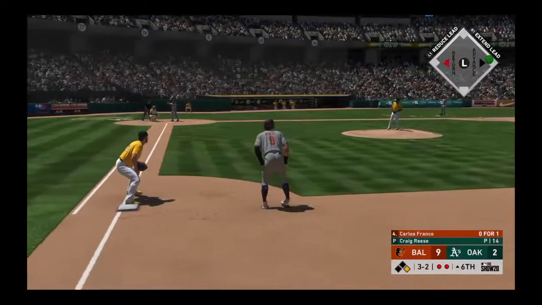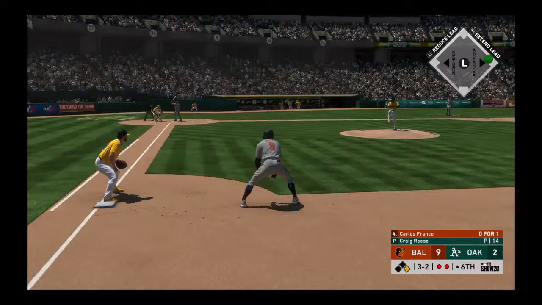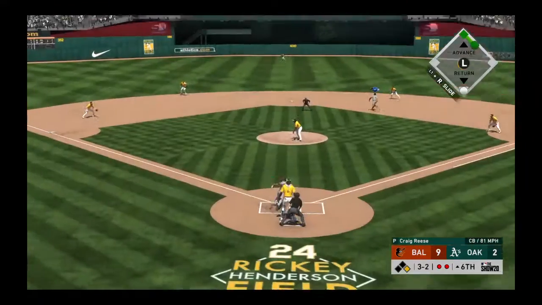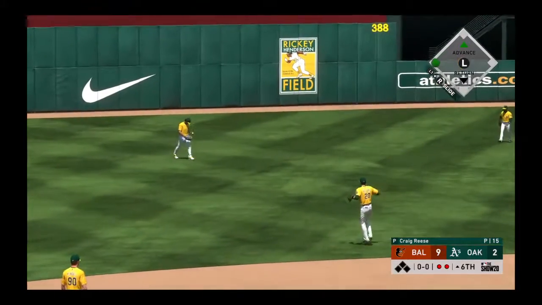Striding forward now is the DH, Carlos Franco. He hit a sac fly earlier. He's set. Here's the 3-2. This is hit high in the air out toward left center. And he'll get there in plenty of time to put this one away. And then